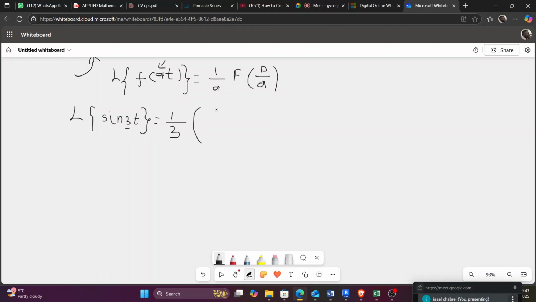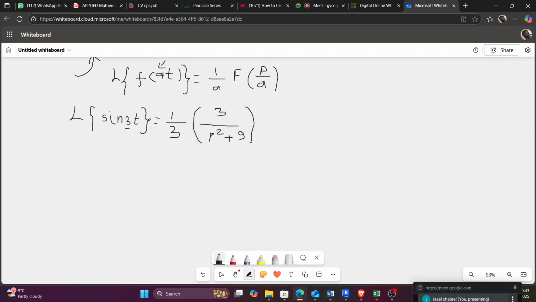A here is 3. Now we are just applying the formula. Instead of p square, that is the difference. Instead of writing p square, you will replace the expression where you have p by what? P over a. Let me just write first to see what I'm trying to say. Normally, we are supposed to be having p square plus a square. Remember, a is 3. 3 square is 9.